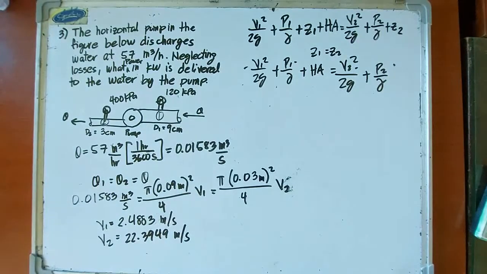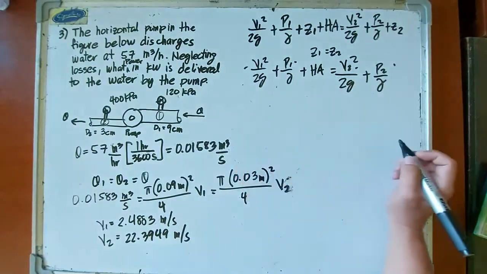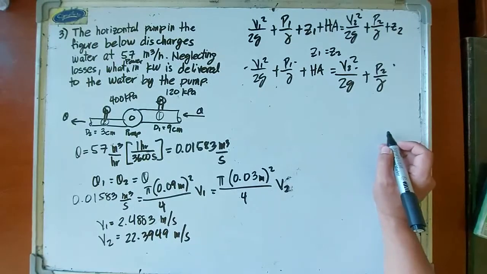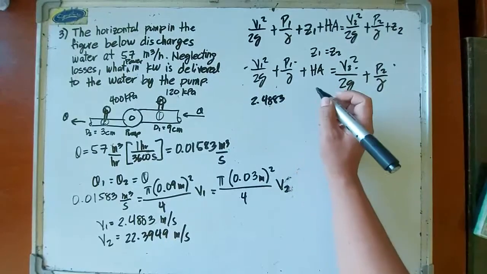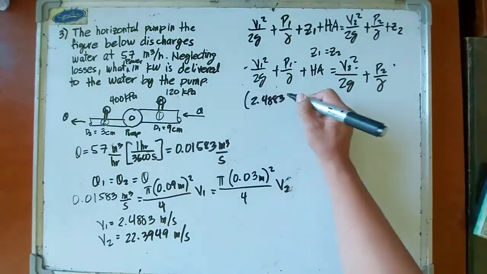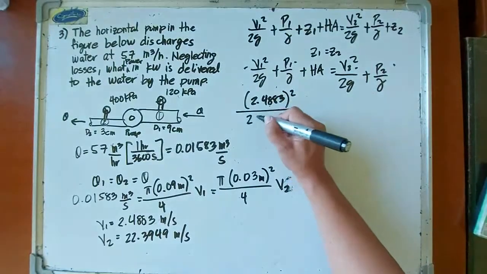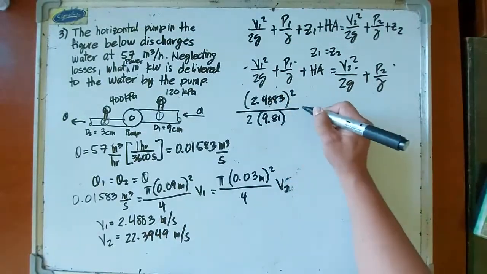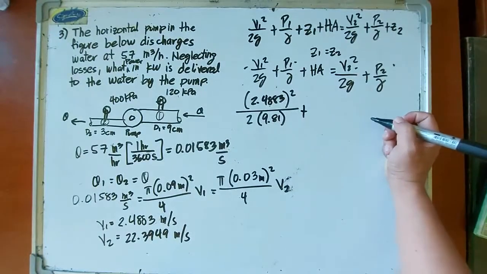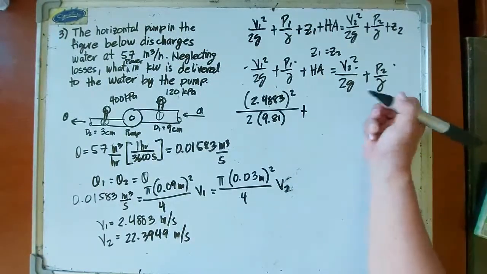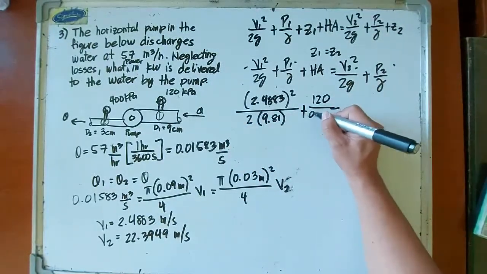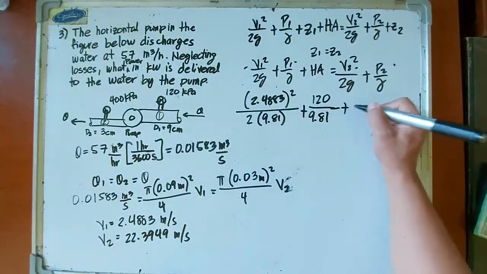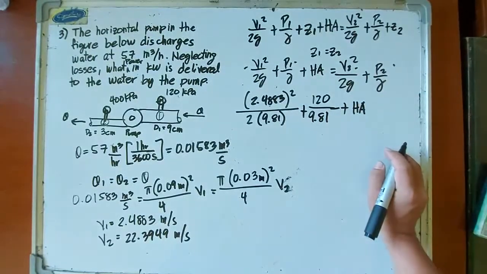And so what is V1? Hopefully kasha pa yung equation natin. V1 is 2.4883. I will no longer put the units para mas makatipid tayo ng space. G is 9.81 plus P1, the pressure at point 1 or gauge 1 is 120 over unit weight of water. That's 9.81 plus the energy head needed sa pump